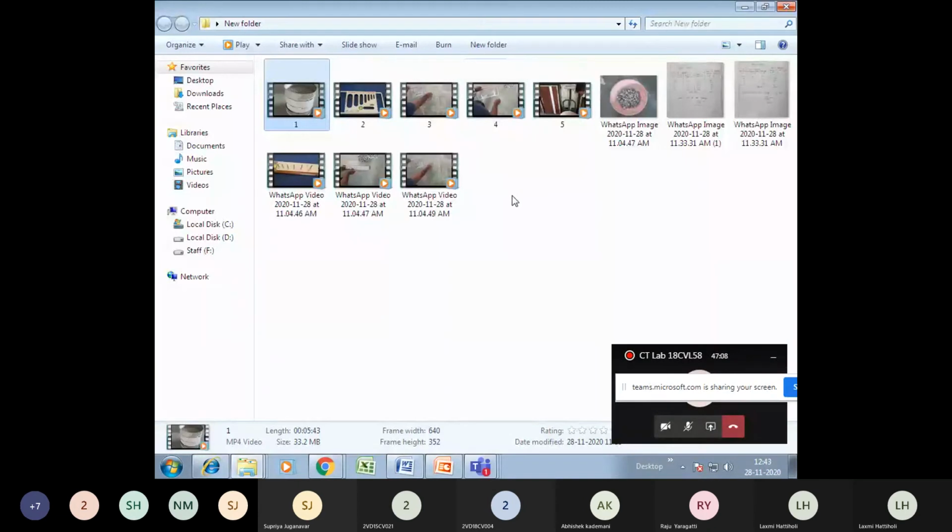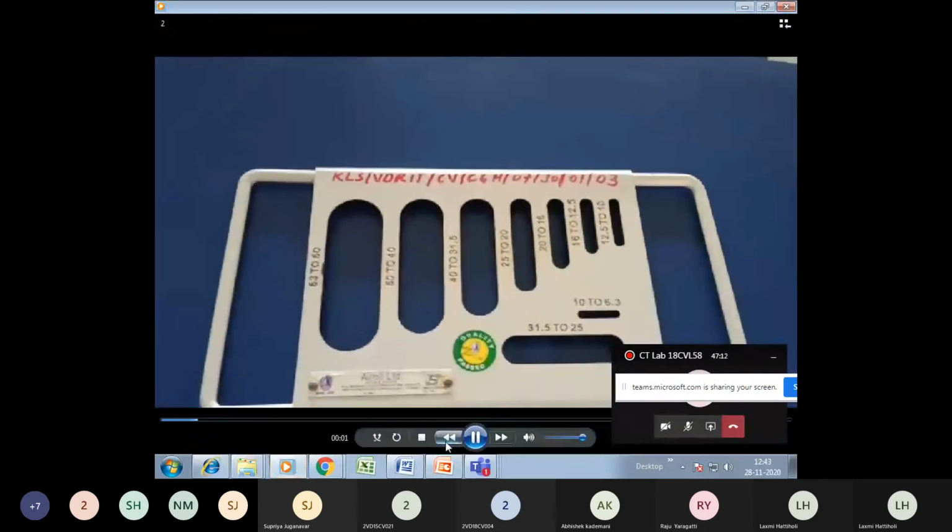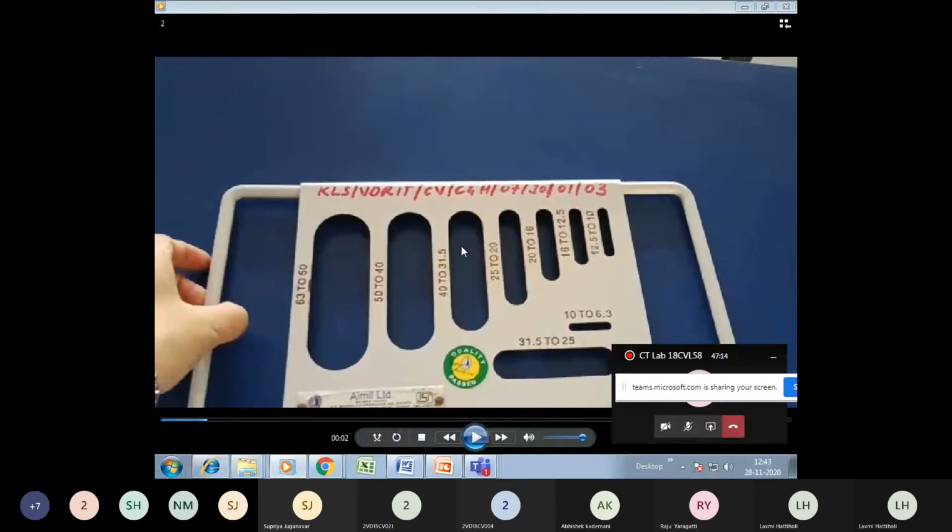Once this part is done, now this is basically the thickness gauge. See what I have done: I have taken the aggregates first, I have made the markings, and I have sieved all the aggregates. On the markings, I went on keeping all the retained aggregates. Now let me explain the thickness gauge, how it works.